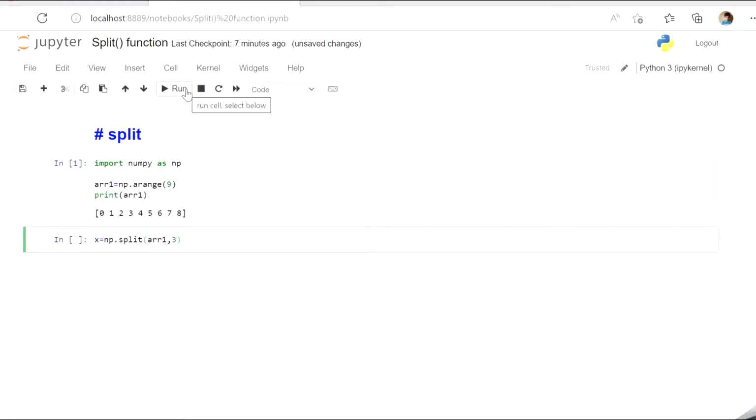And now let me print my x, print x, and then run the code. I get the original array has been split into 3 arrays. The first array is having 0, 1, 2, second array with 3, 4, 5, and third array with 6, 7, 8. So it has split the array into 3 equal parts. Now instead of split, let me say array_split. Even this splits the array equally into 3 different sub arrays, that is